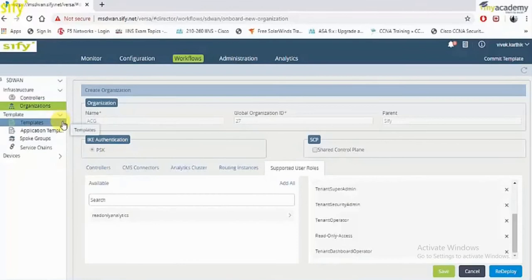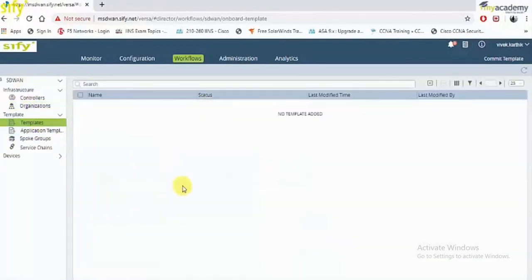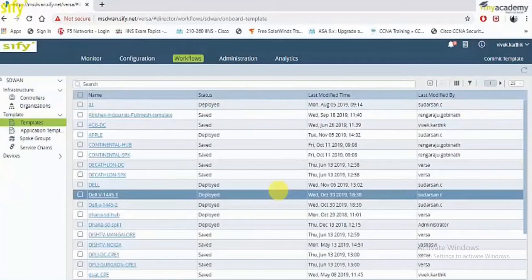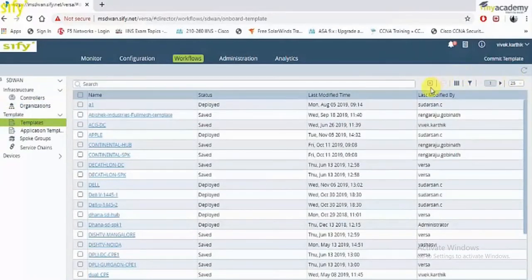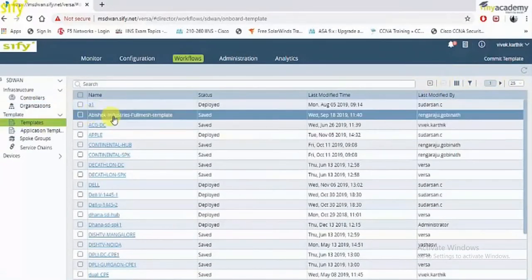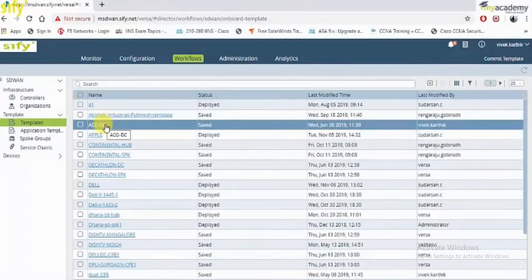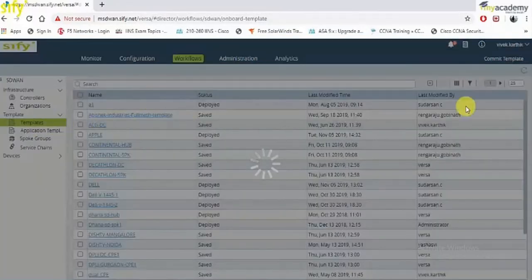Templates. Over here we have templates, application templates, spoke group templates, service chain. Okay, we'll discuss more on that. As part of this particular walkthrough, we're just going to see what the template looks like. So template workflow, I'm just going to open one template workflow and run you through it. So you basically click on the plus sign